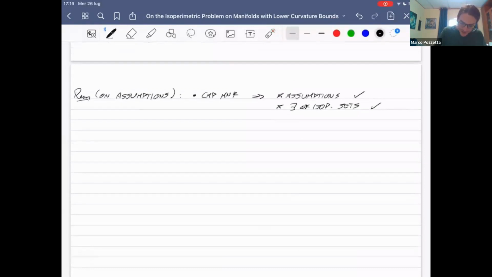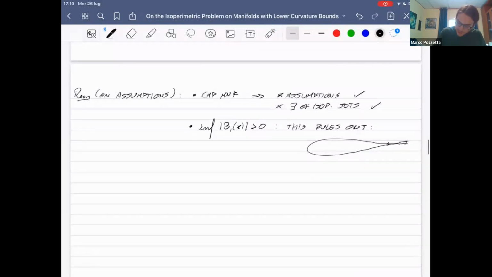Then in the non-compact case, the lower bound on Ricci curvature is meaningful for sure, but also the second assumption, right? The fact that the infimum of the volume of unit balls is strictly positive. So I just want to give you an idea of what this means. Basically, this rules out the situation where your manifold has a cuspidal end, right? If you have a cuspidal end, then if you take balls of radius 1,